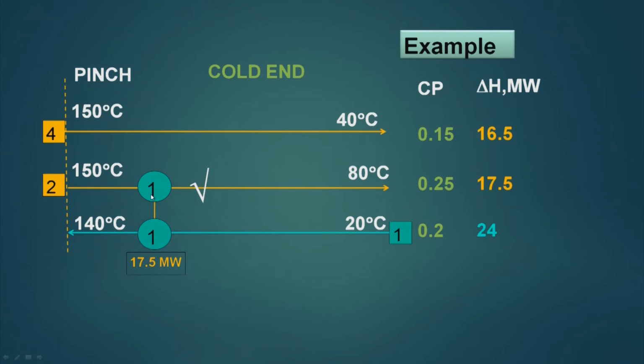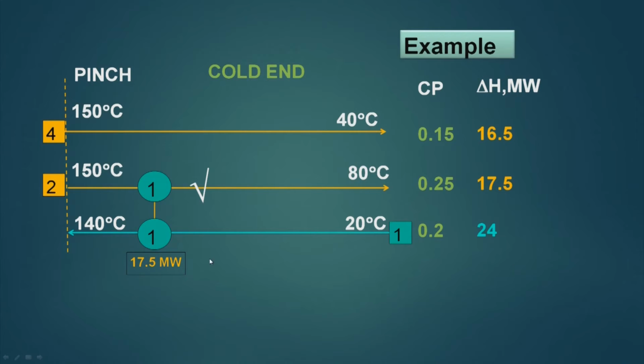Now, if I am doing this matching in 2 or 3 heat exchangers, then obviously what will happen? The number of heat exchangers will increase. So, when I am ticking off, that means passing all the heat at one go, I am reducing the number of heat exchangers or number of matches, and doing this we are basically controlling the number of units.